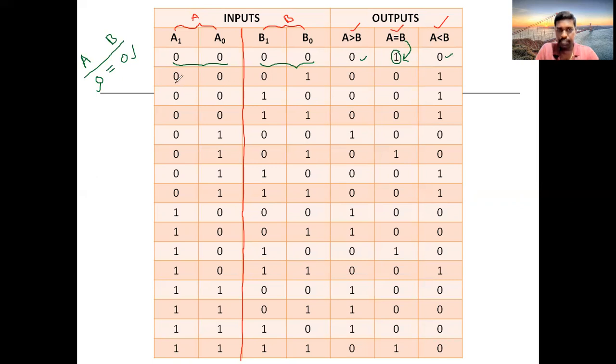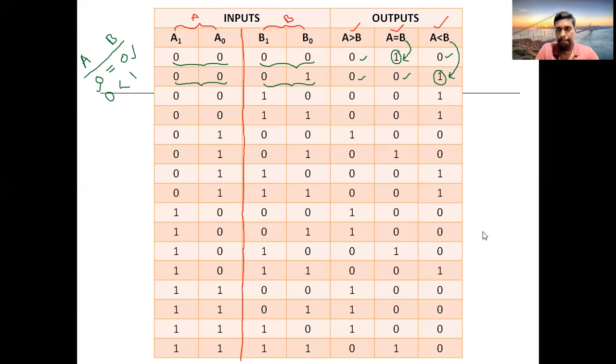Next, go for verification of the second one. Here also A is 0, 0, which means 0 in decimal. And what is the value of B here? 0, 1. So 0, 1 means 1. Always 0 is less than 1, so take 1 under this column: A is less than B. 0 is less than 1 means A is less than B. So keep 1 in this section, and the remaining 2 automatically will be 0. Why? Because only 1 will be high, the remaining 2 will be 0.